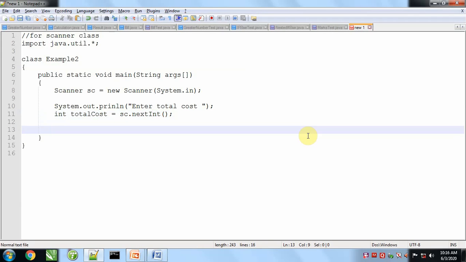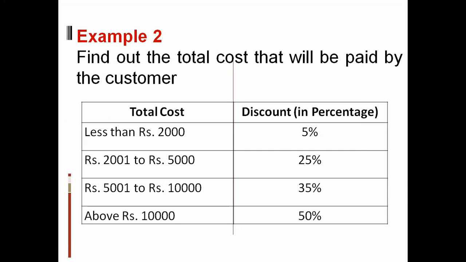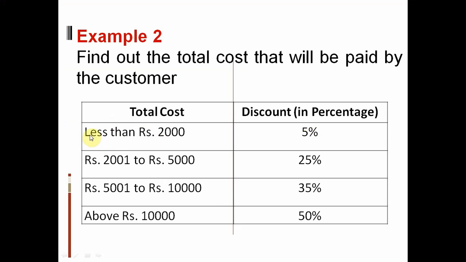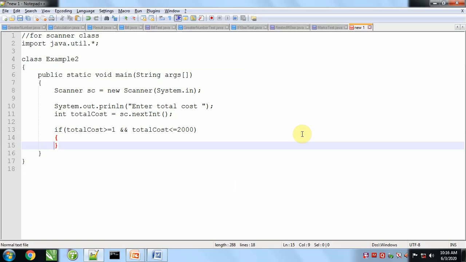Now we will apply a condition: if total cost is greater than or equal to 1 and total cost is less than or equal to 2000. According to this condition, for less than or equal to 2000, the discount is 5%, so we will calculate the 5% discount.